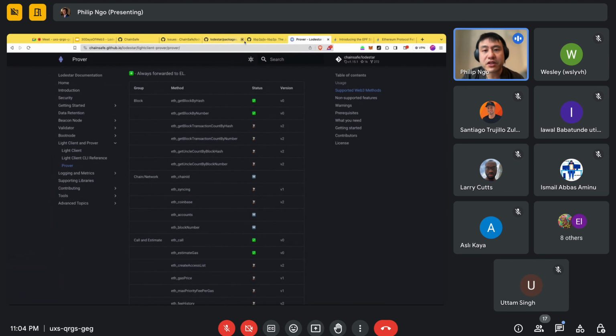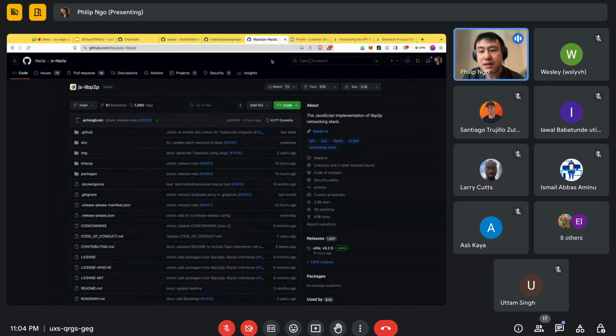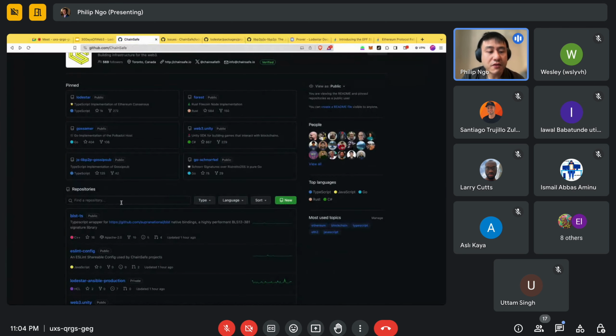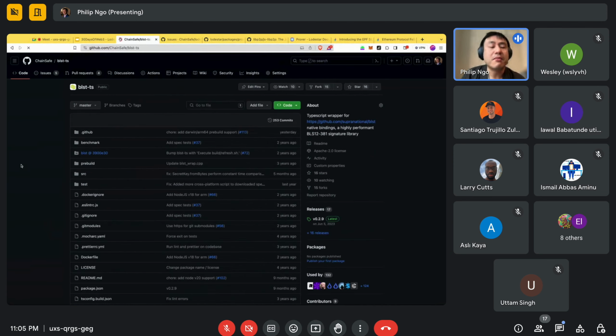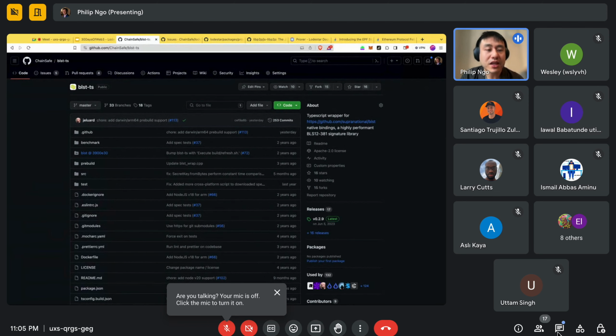The other cool stuff to probably check out here is some of the dependencies that we have. So I mentioned JS libp2p. This is the networking stack that we use, and we regularly contribute to stuff like this. If you're curious about some of the cryptography that we use, we have BLS-TS, which is a TypeScript wrapper for the BLS library. So we maintain stuff like this so that we're able to basically have the cryptography that we need to function